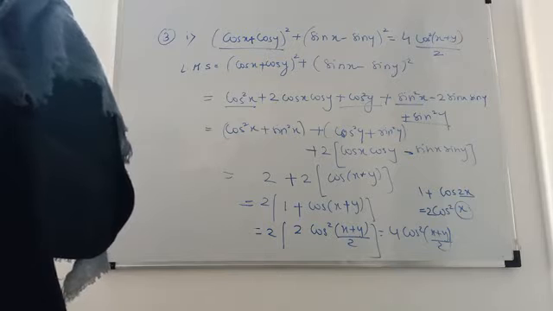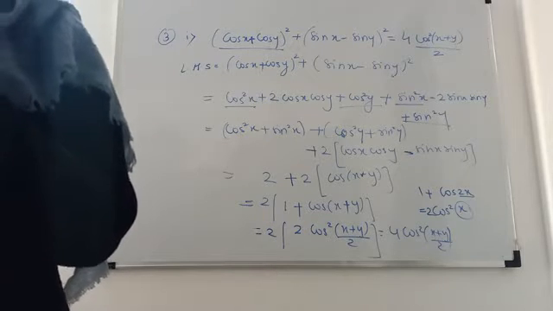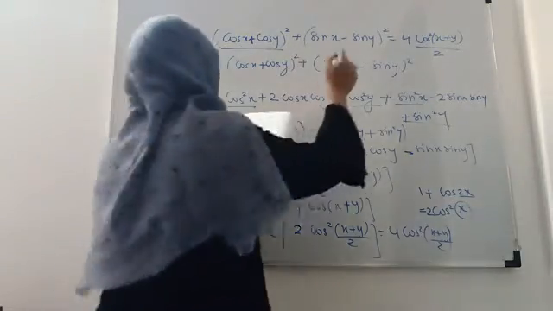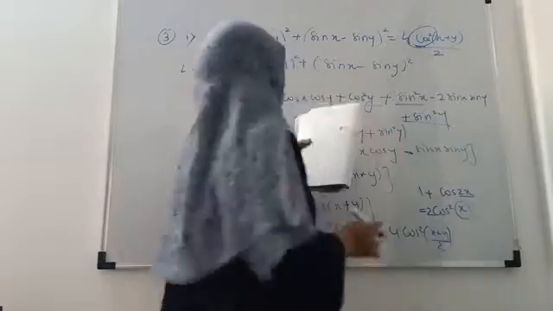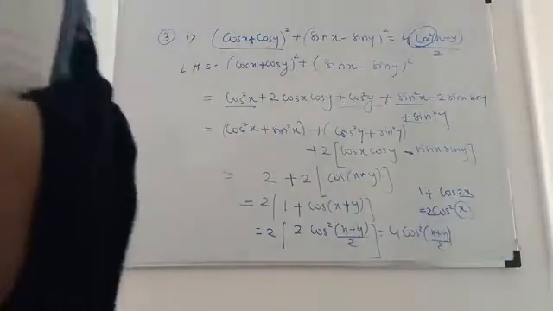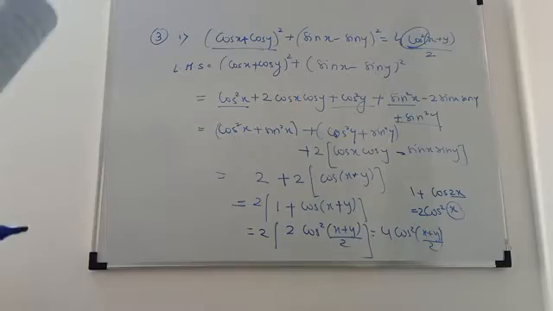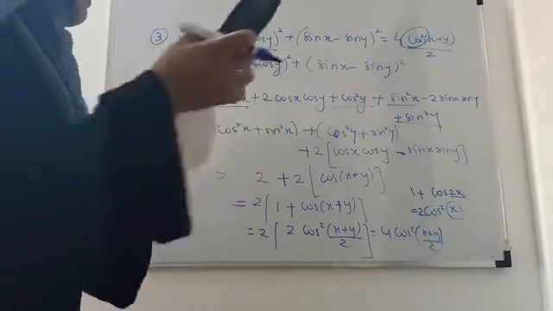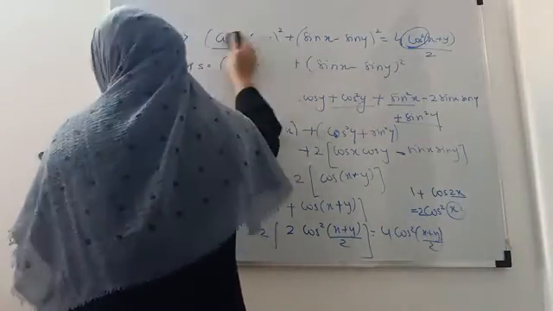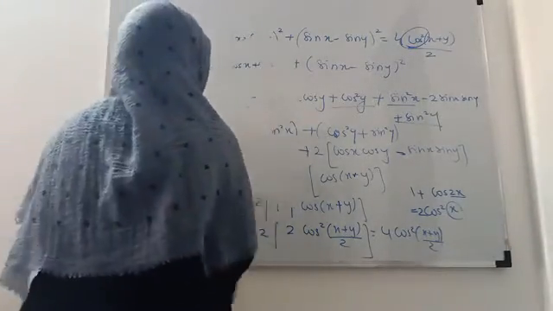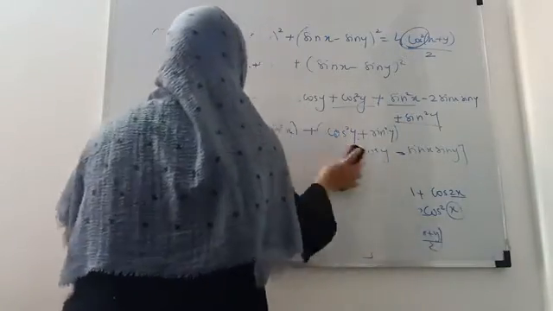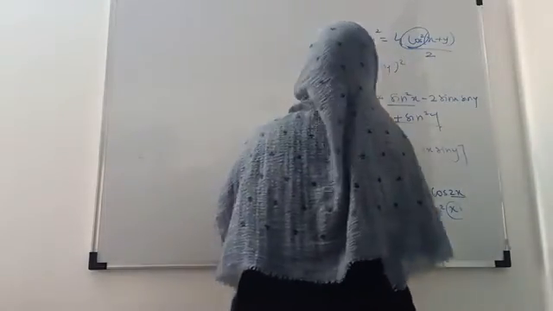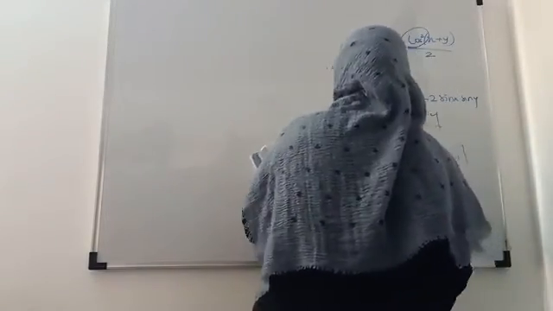Now a similar type of problem is given, which is on the page, problem number 4. In that the question is correct. Cos x minus cos y whole square plus sin x minus sin y whole square is equal to 4 times sin square x minus y upon 2. Now we will solve problem number 7. Fifth, sixth, fourth, all are for your homework. They are similar type of problems.